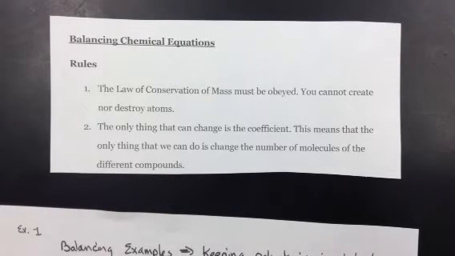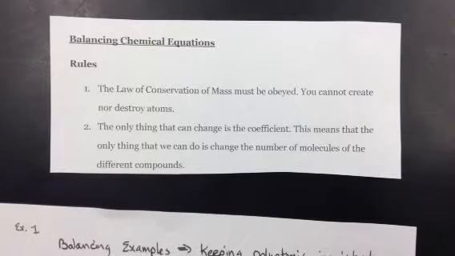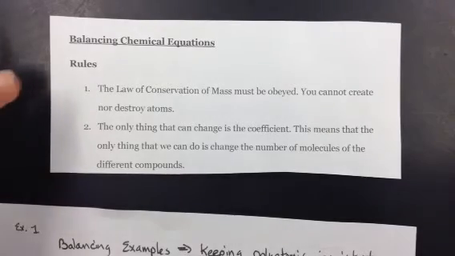Hello, today we're going to work through some examples of balancing chemical equations. We must obey the rules of balancing, that the law of conservation of mass must be obeyed. We're not going to create or destroy atoms, and the only thing we're going to change is the coefficients on each side of the equation until the number of atoms on the product side equals the number of atoms on the reactant side. We're going to follow these procedures,